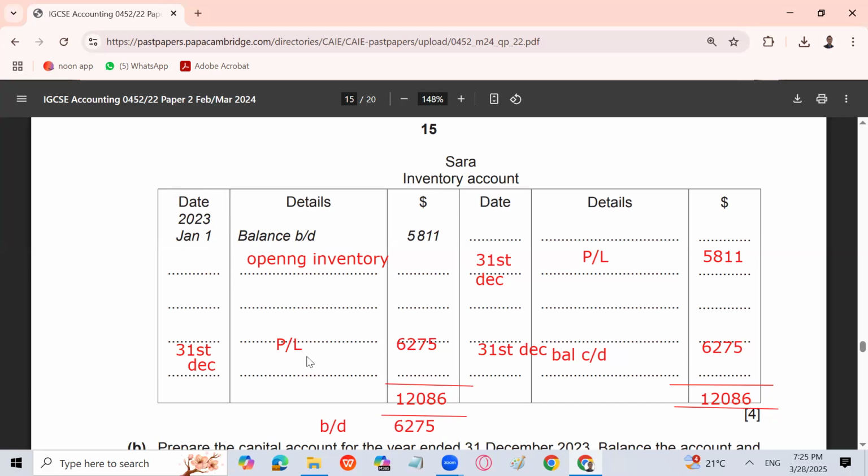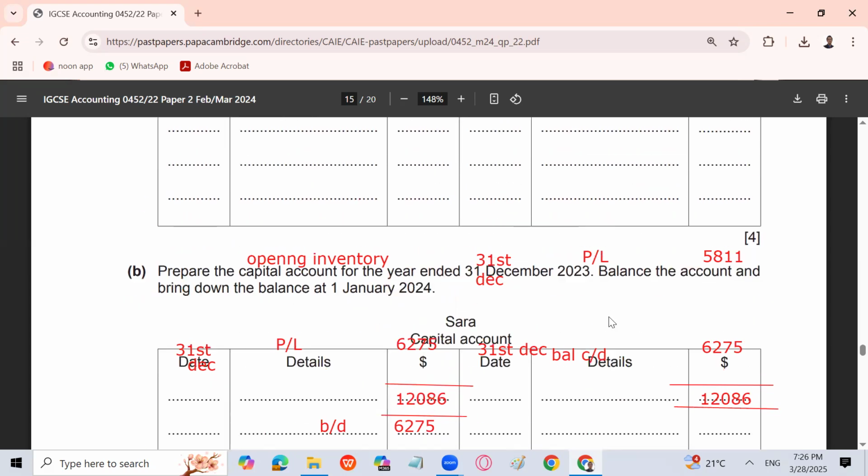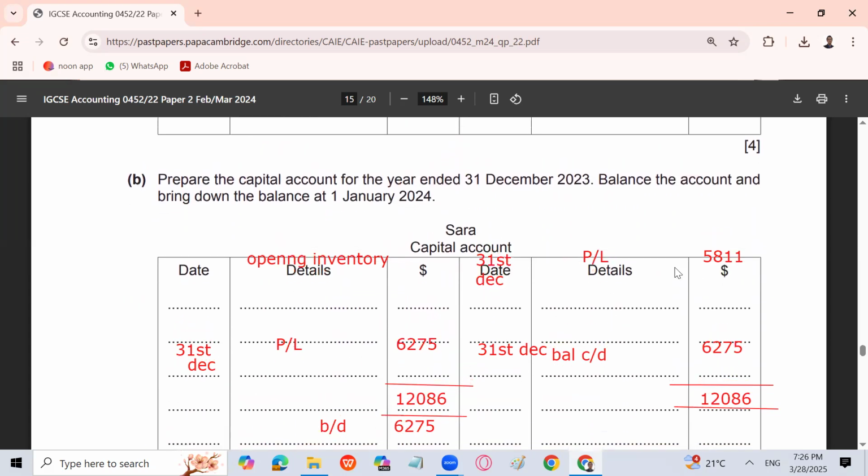तो वो 31 दिसंबर बैलेंस कैरी डाउन 6275 ब्रॉट डाउन भी आएगा, और उसको भी प्रॉफिट लॉस अकाउंट नाम से आप क्लोज कर देते हैं। वजह, क्योंकि दोनों ओपनिंग और क्लोजिंग इन्वेंट्रीज कॉस्ट ऑफ सेल्स का हिस्सा होती हैं, इट गोज टू द स्टेटमेंट ऑफ प्रॉफिट एंड लॉस। ओपनिंग इन्वेंट्री को हम ऐड करते हैं, क्लोजिंग इन्वेंट्री को हम माइनस कर देते हैं। तो ये है टी अकाउंट, इसकी पिक्चर ले लें ताकि आपको इन्वेंट्री का टी अकाउंट हमेशा बनाने के लिए याद हो जाए, बिकॉज इट हैज ए डिफरेंट फॉर्मेट, इट हैज ए डिफरेंट नेचर। आई होप सो कि आपने इसकी पिक्चर ले ली होगी। इफ यू हैवंट टेकन द पिक्चर यू कैन गो फॉर इट, सो दैट आई कैन मूव फॉरवर्ड। तो प्रॉफिट लॉस के नाम से आप ओपनिंग इन्वेंट्री भी क्लोज कर देंगे और क्लोजिंग इन्वेंट्री को भी क्लोज कर देंगे।